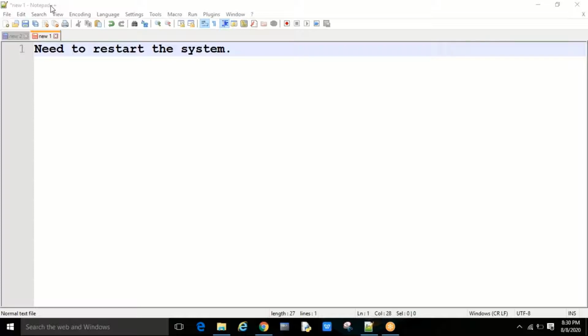There is a restart required for my system. So I'm restarting the machine. This is not needed for all systems, guys. Only for my system there is a small issue. So I'm going to restart my system. Your systems need not restart.